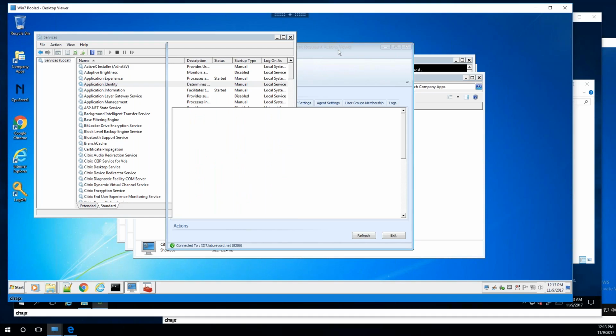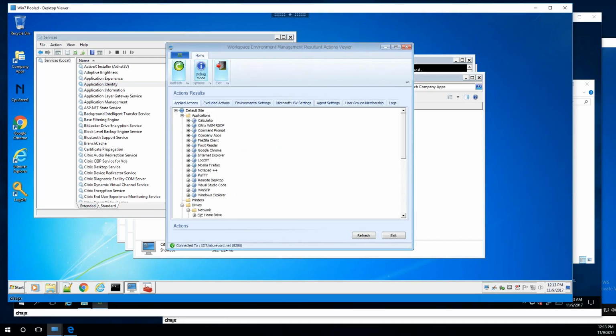Very good. Shiva's asking, and this is a good one because it's about the relationships between GPO, ADM, and ADMX: can we push HKLM keys with reg actions and import and apply custom GPO ADMs or ADMX files, like Adobe Reader, for example? Unfortunately, there is no import of ADM or ADMX files, but the fun thing is those are just a simple read, and I say simple very sarcastically, if anyone's ever tried to open those things up. But it does tell you exactly what registry key you need to apply. So if you have the ADM and the ADMXs, you can crack those open and take a look.